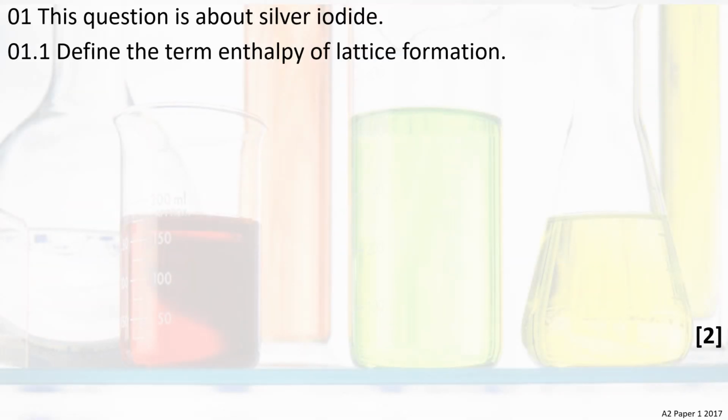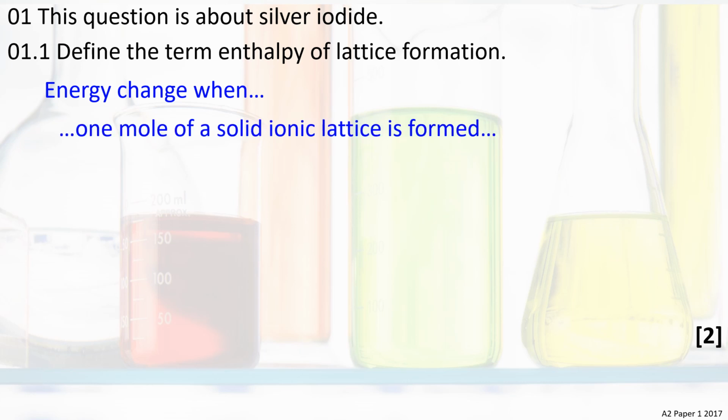Here's the question. This question is about silver iodide. Define the term enthalpy of lattice formation. Definitions of standard enthalpy changes need to be memorized. Enthalpy of lattice formation is energy change when 1 mole of a solid ionic lattice is formed from its constituent